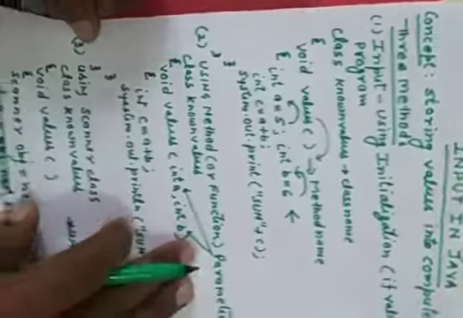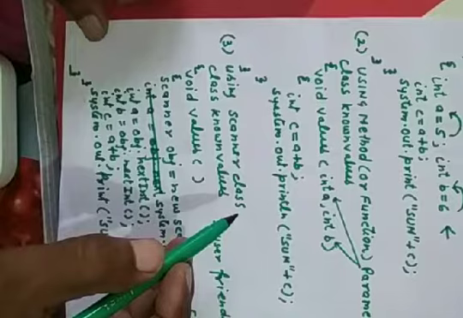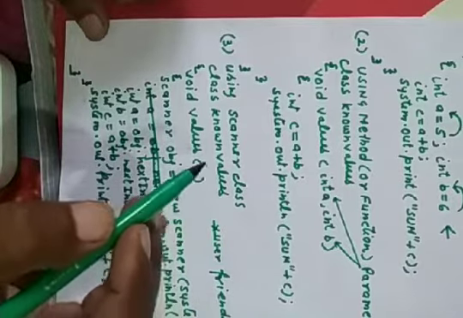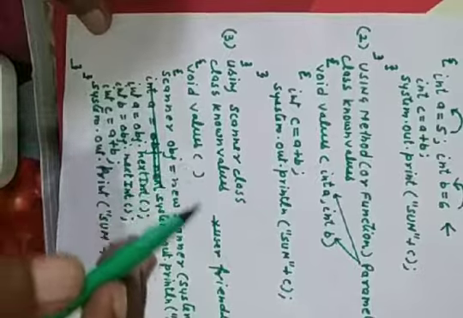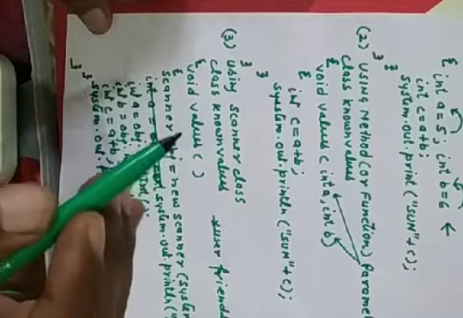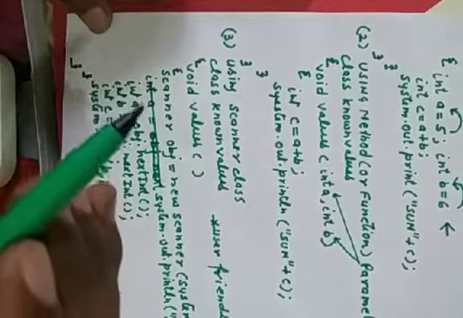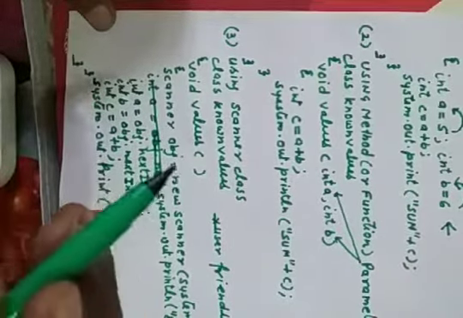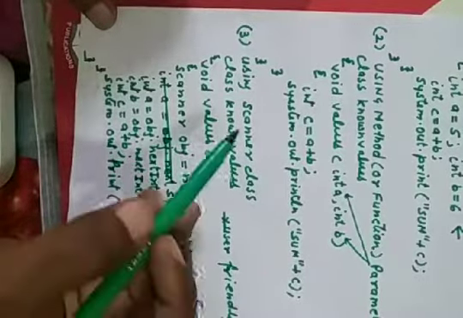So the third method is using the Scanner class. Again, keep in mind what we are studying. We are studying how we can store values into the computer memory. This is the third method for storing values into the computer memory. But I am explaining this point with the help of a program.